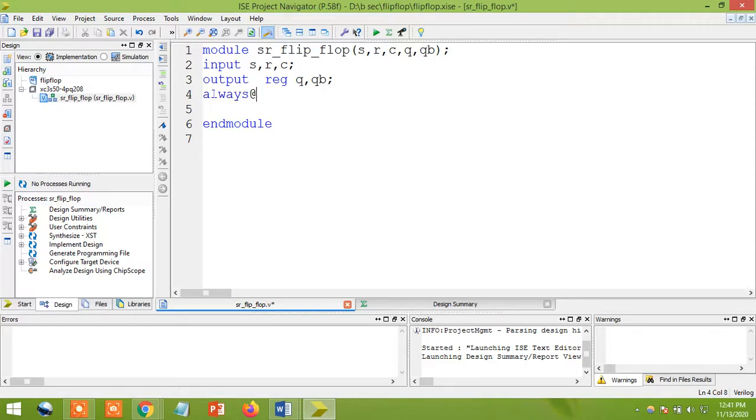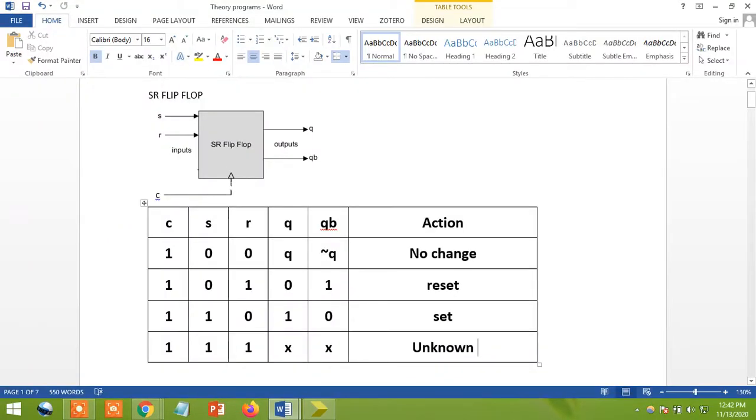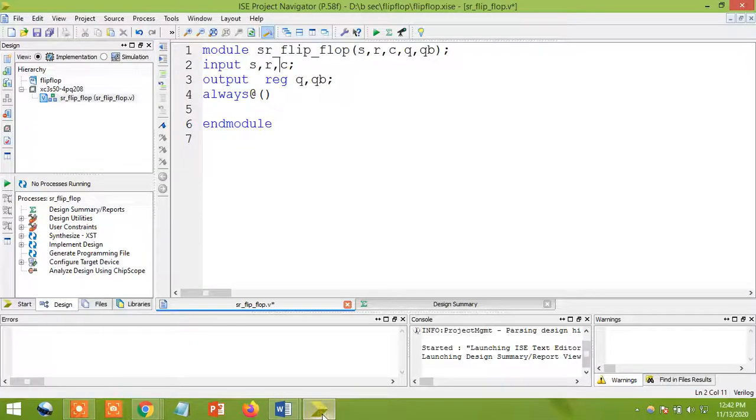I want to define my inputs here. So how am I going to define them? S and R are not an issue for me. Directly I can define them: you take the parentheses and define, if you want, S comma R. But my main point is that you need to define your clock. That is very important. If you don't define the others it will still work here, since I'm going to take the S and R values in some other case statement. I'm not going to take them here. I'm just defining my clock here. According to my block diagram, the clock I'm going to take is the rising edge of my clock. Then how to define it, that's very important. In order to define my clock, we are going to use one statement here.